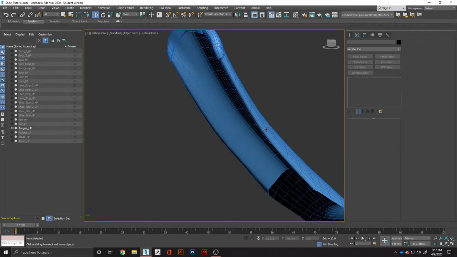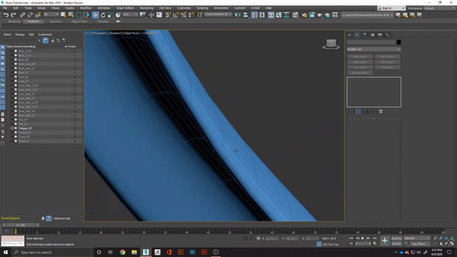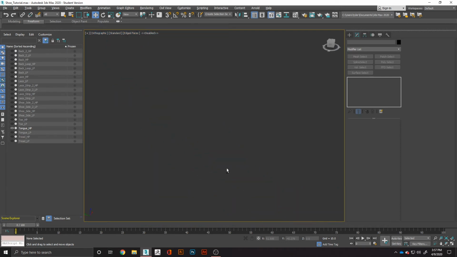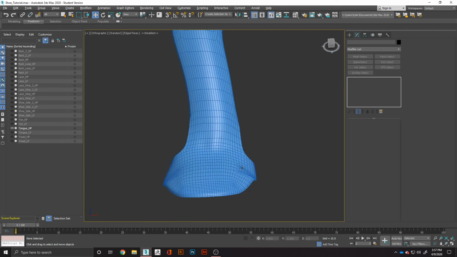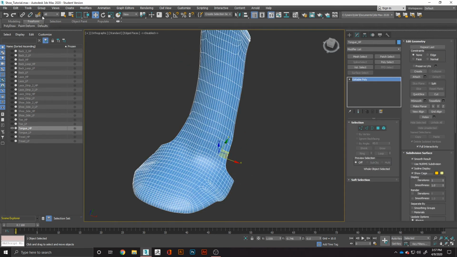I believe that's really its own thing. But just to give you an idea, let's say if you wanted to add some wrinkles in here. Let me see if I can. Yeah, let's say if you wanted to add some wrinkles in here,